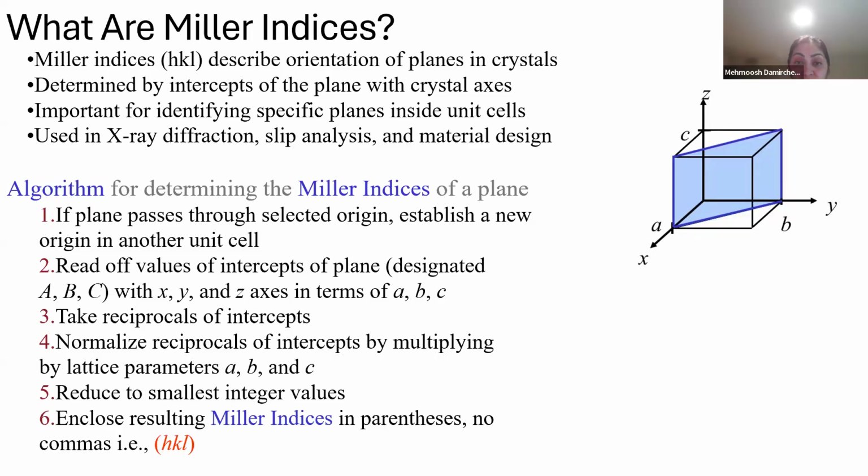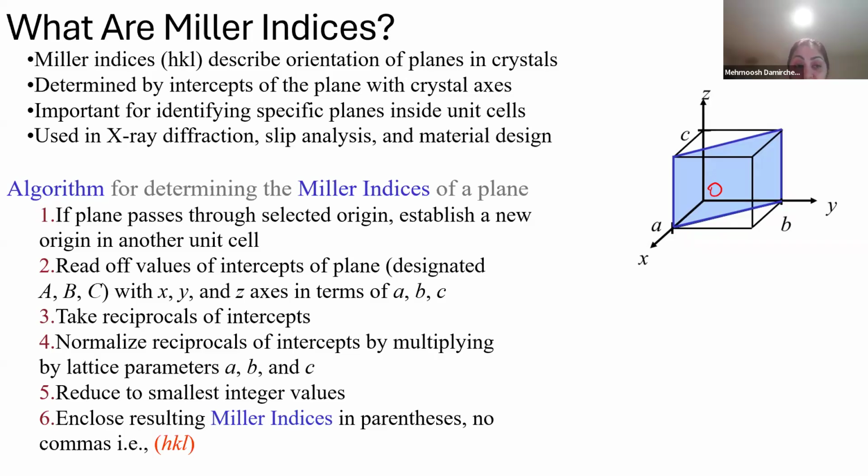For example, if the origin was this point, oh, sorry, we cannot consider this point. Why? Because this blue plane passes through it, so we should consider another plane. So I considered another origin, and this origin is O. And you see that the blue plane doesn't pass through the selected origin.